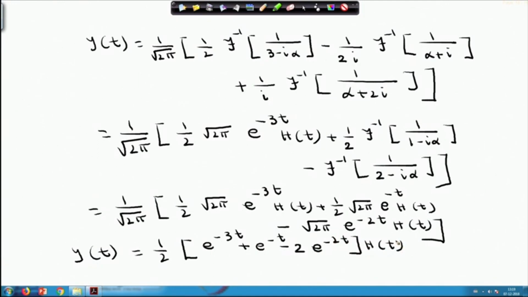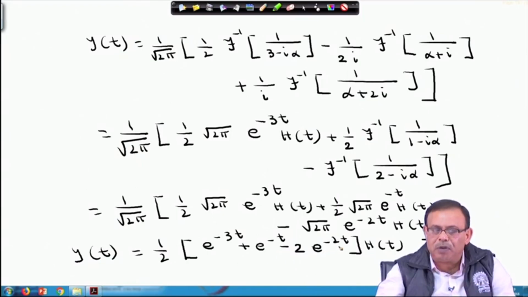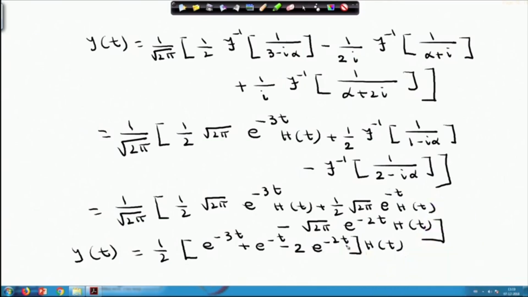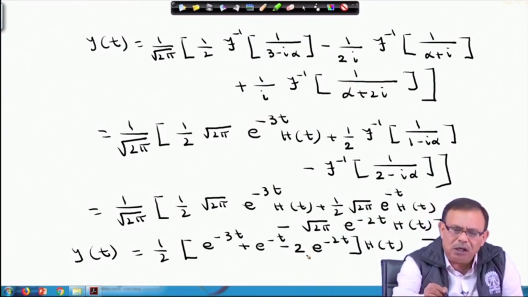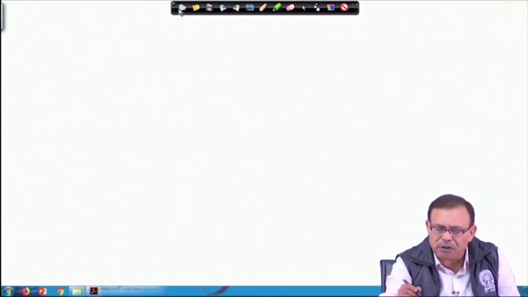So, the solution becomes this: y(t) equals half into e power minus 3t plus e power minus t minus 2 into e power minus 2t into h(t). So, I hope it is clear to you now how to find out the solution of ODE using the Fourier transform. Now, let us go to the next topic,